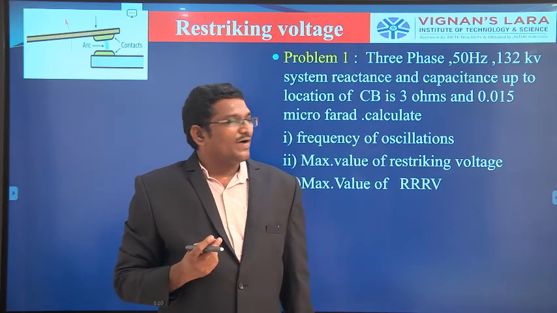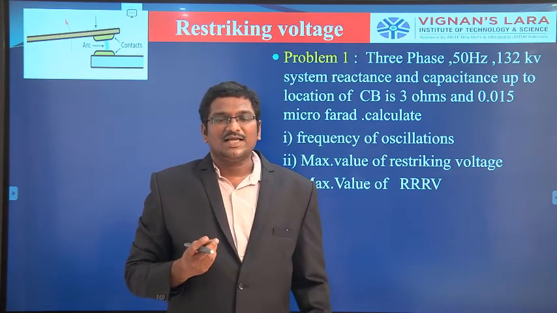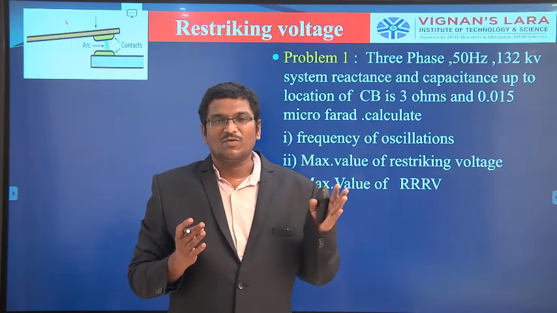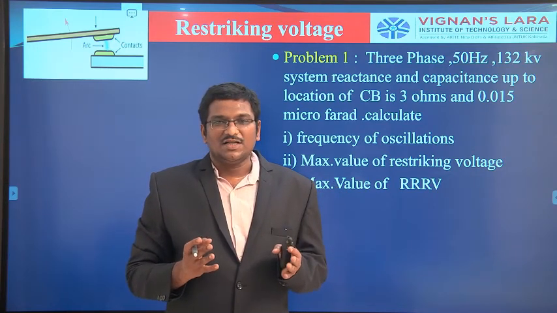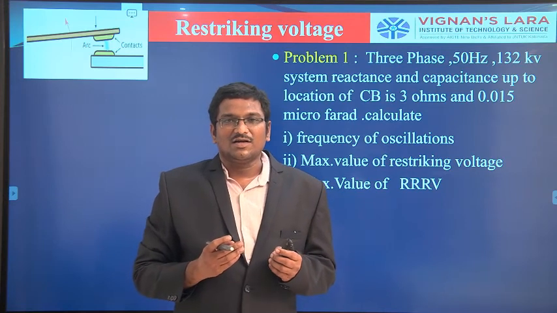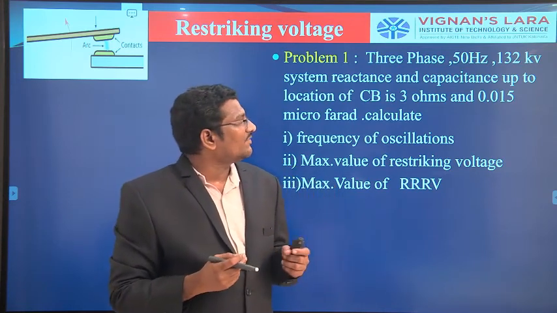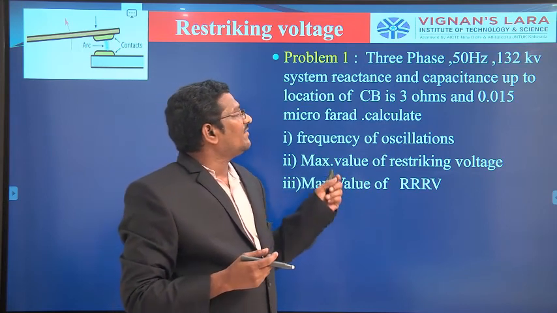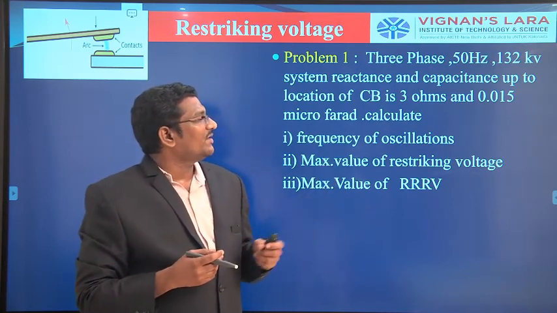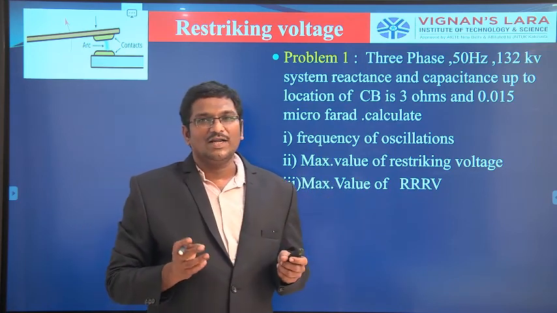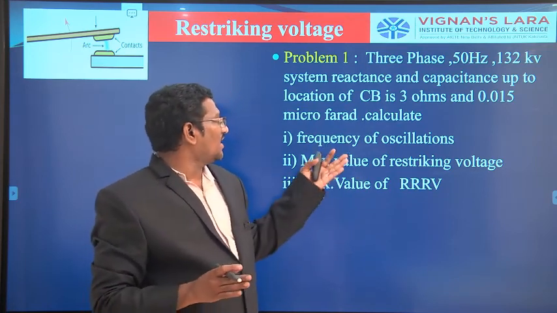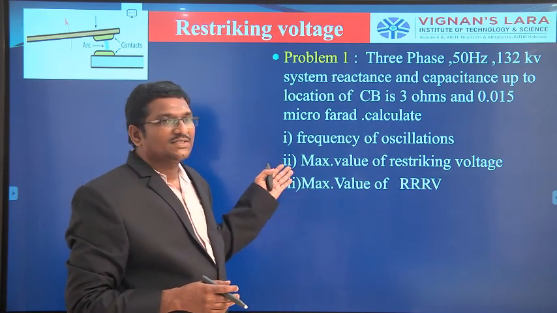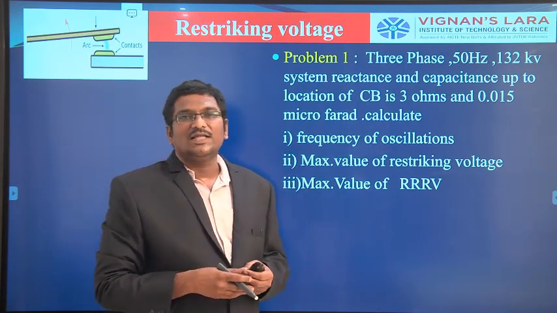The oscillations are generated because energy is transferred between the inductance and capacitance. When the circuit breaker opens, transient oscillations are generated in the voltages. After that you solve one problem. The important point is that whenever a 3-phase system voltage is given, it is always the line to line RMS value. We solved this problem, and the mathematical equations are written. Next class we are going to see the problem in detail.